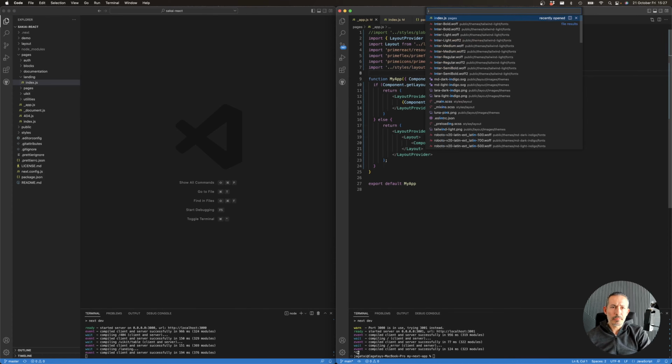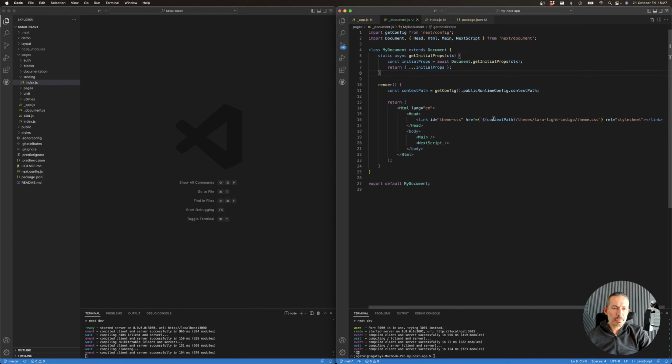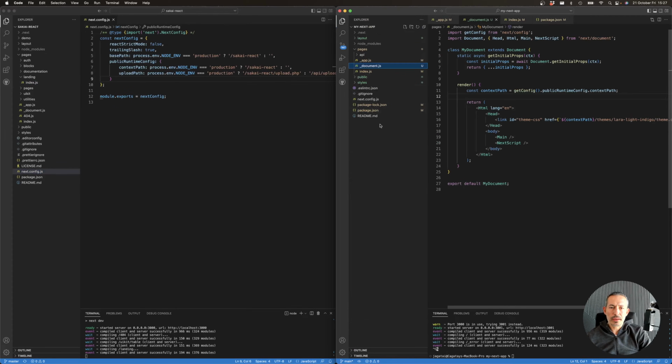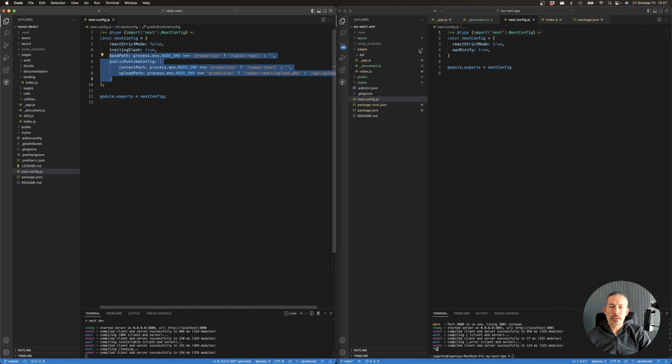Because in the document, let's say the main page is not missing, so it says the context path, it's derived from the public runtime. So let's open next config,